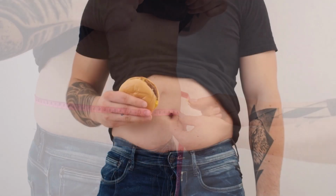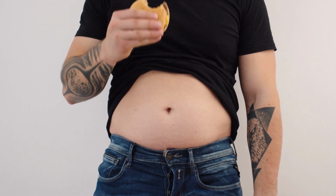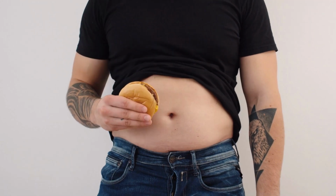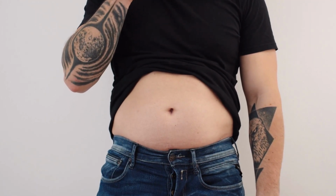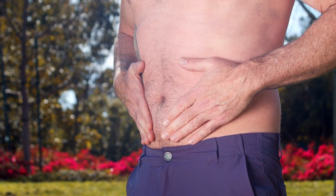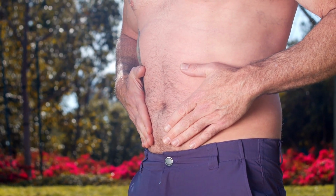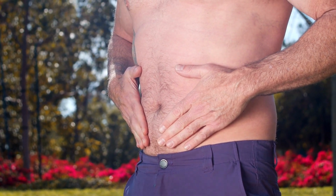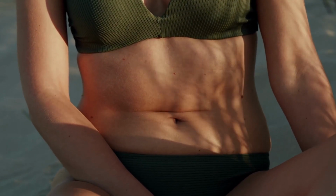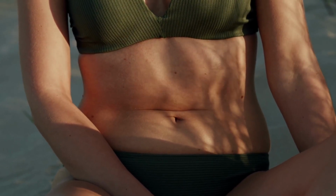Let's dive in. The belly button, also known as the navel or umbilicus, is the scar that remains after the umbilical cord is cut at birth. During pregnancy, the umbilical cord connects the developing fetus to the placenta, which provides the baby with oxygen, nutrients, and removes waste products. After birth, once the umbilical cord is cut, the remaining tissue dries up and falls off, leaving behind the belly button. So, essentially, the belly button is a reminder of our connection to our mothers during the